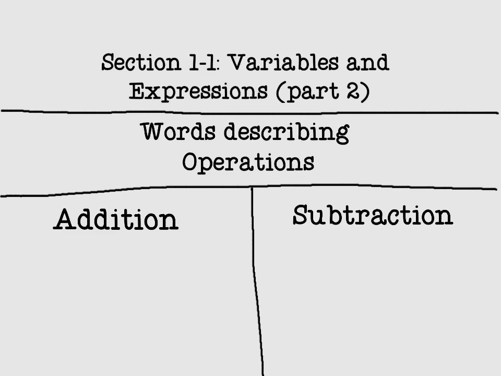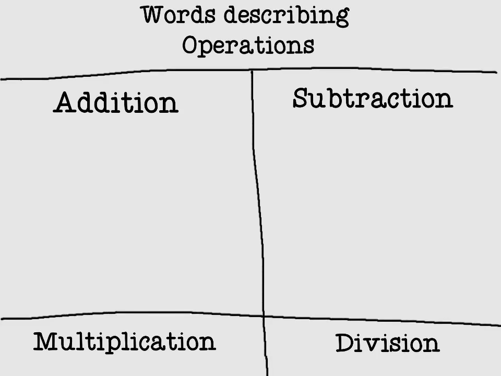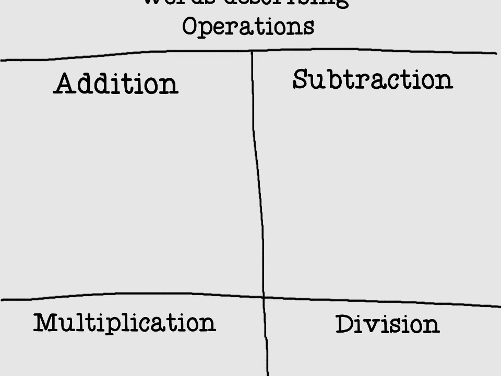For section 1.1, variables and expressions, this is part 2, where we'll talk about the words that describe operations. So here we have 4 different categories on your guided notes: addition, subtraction, multiplication, division. So we want to describe the words that fit into those categories. So for addition,